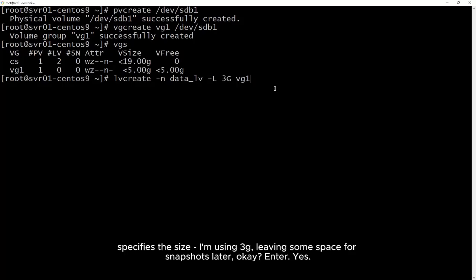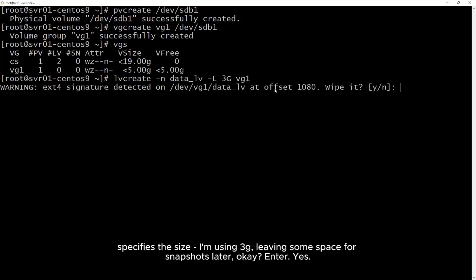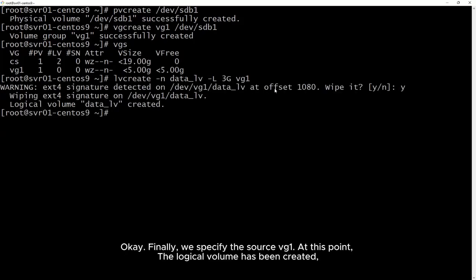Okay, enter. Yes. Finally, we specify the source, vg1. At this point, the logical volume has been created, but it doesn't yet have a file system.